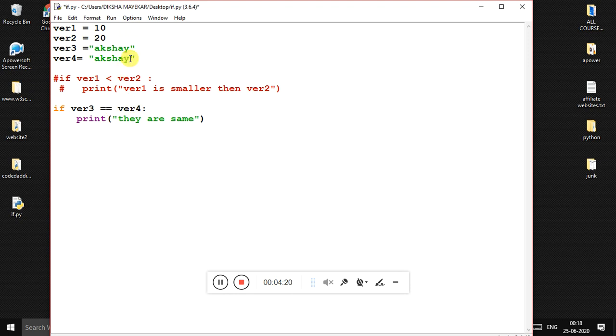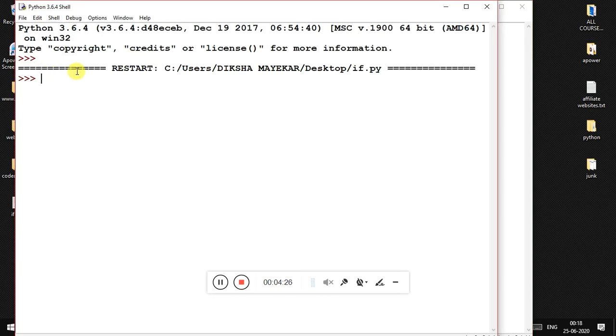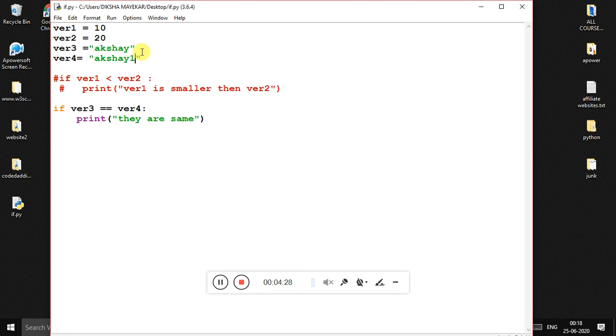Okay, so now if I'm just making change to another variable, and if I'm just saving and executing this over again, I won't be getting any output. Okay, because now variable 3 and variable 4 are not same, they are different. And now when this condition is getting executed, this is the output I am getting. Okay, so now if suppose this condition is not satisfied, then I want something else also to print, so